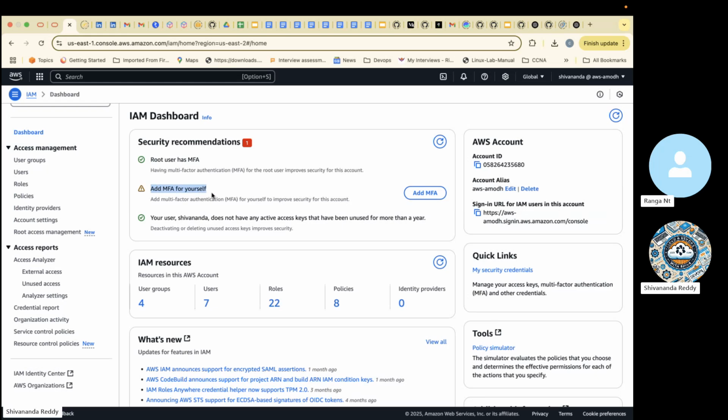Not the same. Suppose you are the root user, and then you create another IAM user. In that moment you will generate two MFAs, correct? One for root, one for the normal user. The same app, two codes will come.